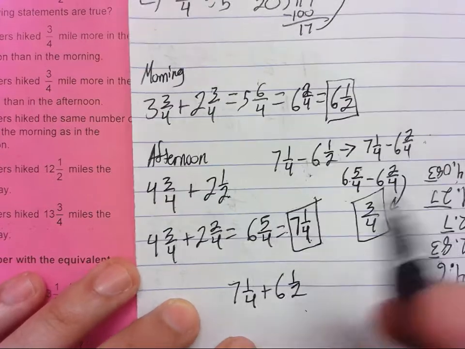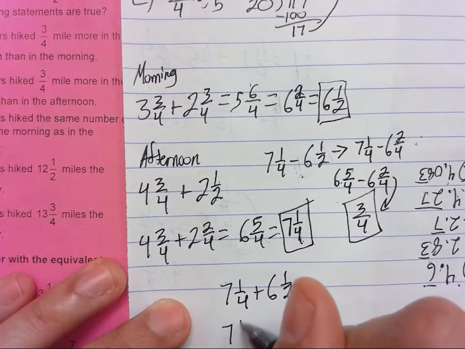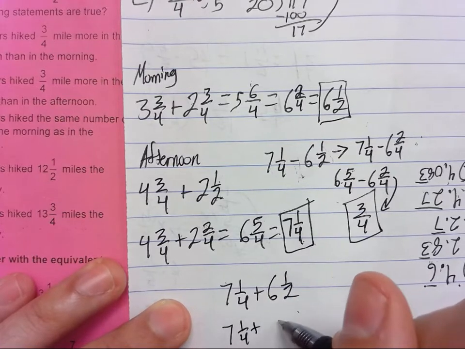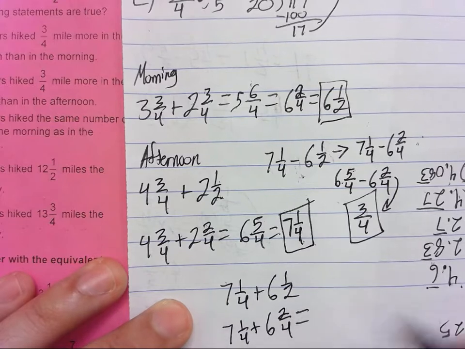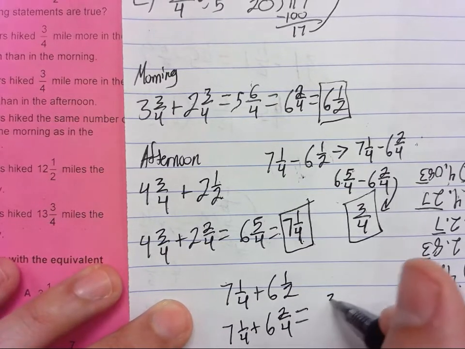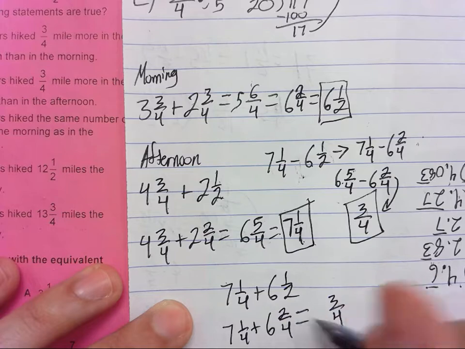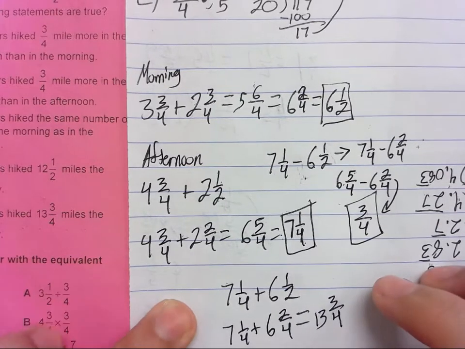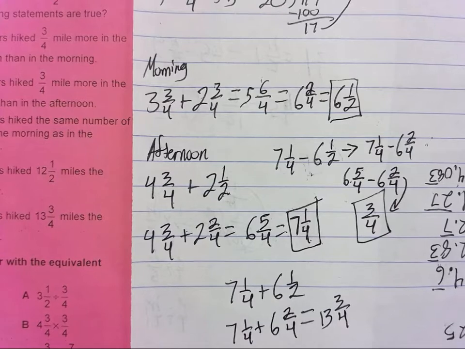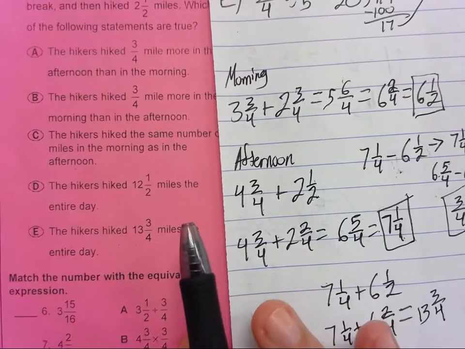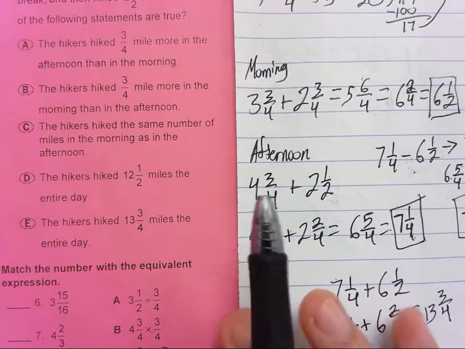Because we have the total in the morning, total in the afternoon. And when we add these, we need a common denominator, so that's 7 1/4 plus 6 2/4. When we add these, that becomes 3/4, and 7 plus 6 is 13 3/4. So the answer is also E. So two answers there, the one we talked about a little bit ago, and also